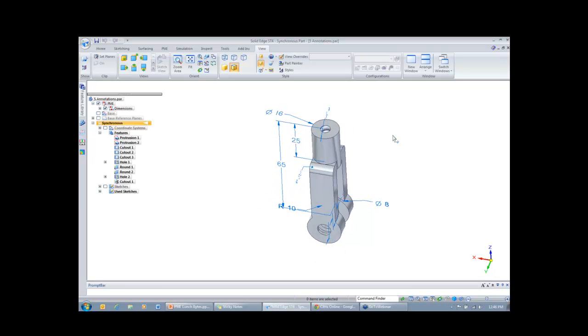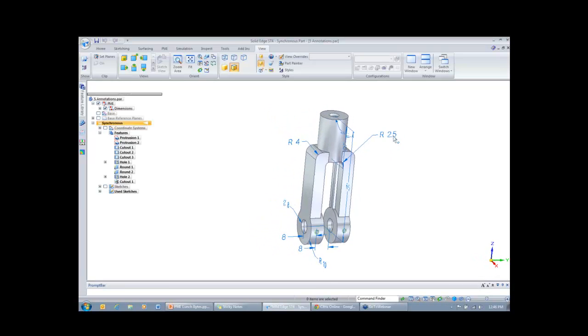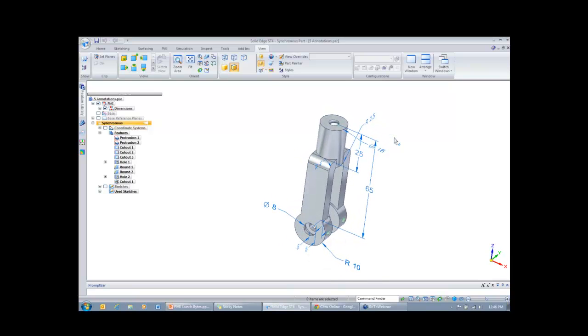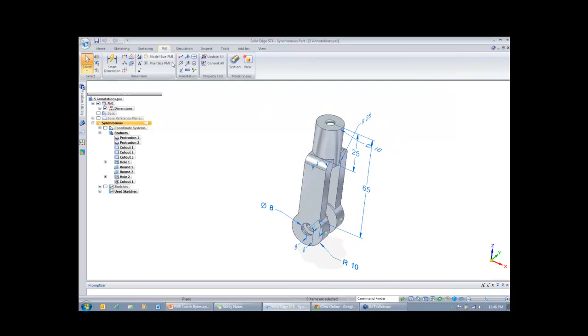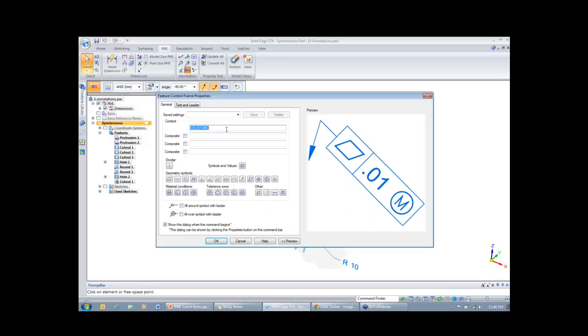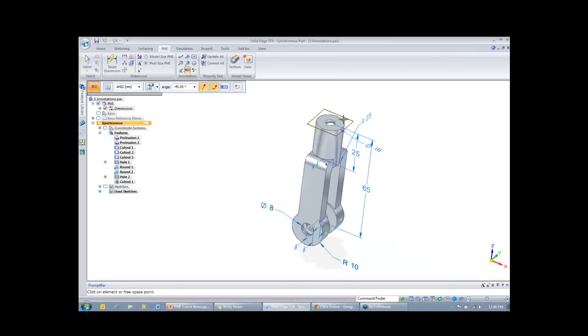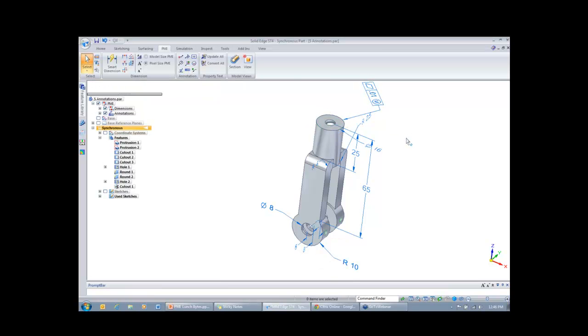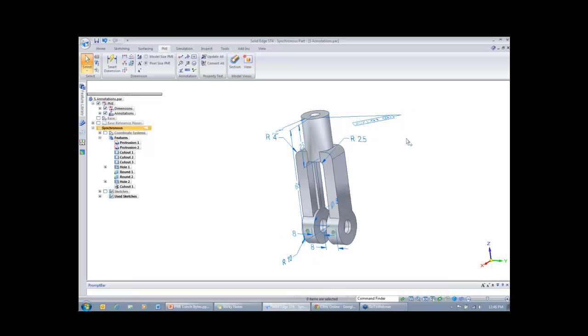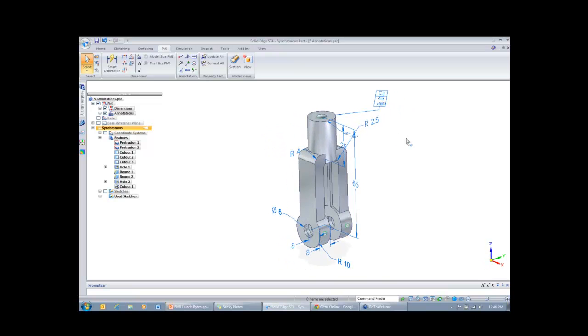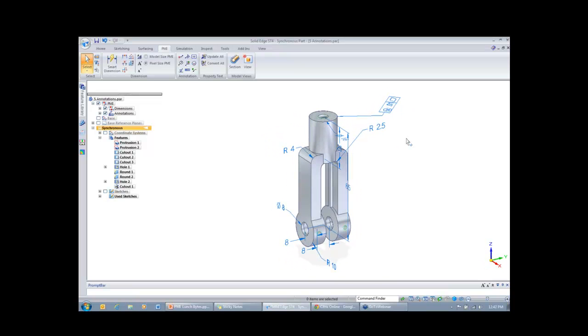So I have some dimension values on this component, and what I can do is extract the annotations just by selecting a feature control feature, and now I have some saved ones, so I can just select OK and place this feature control frame onto this component. Now there are different ways you can extract all this information onto your drawing sheet. Now the simple way is